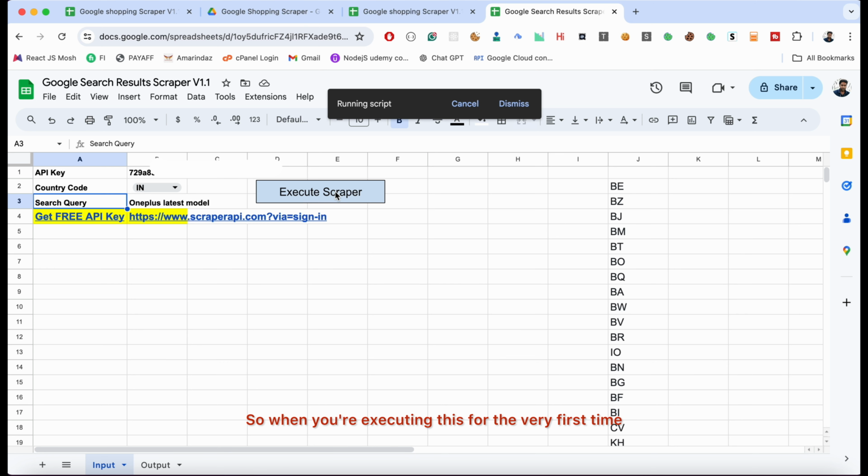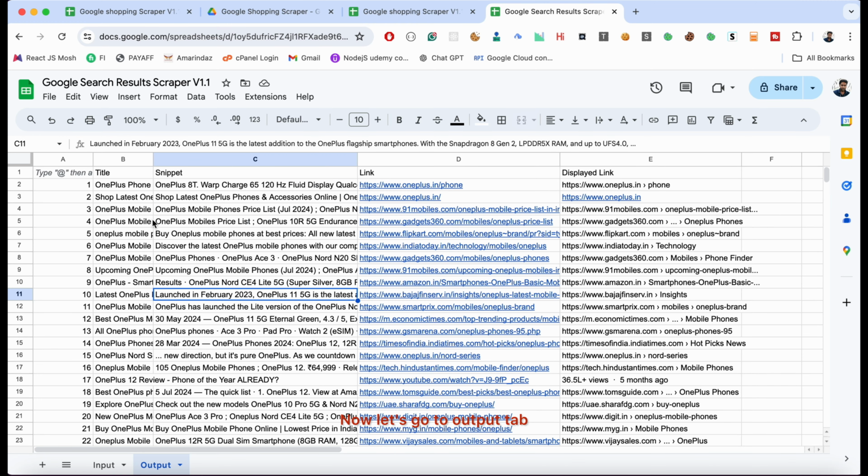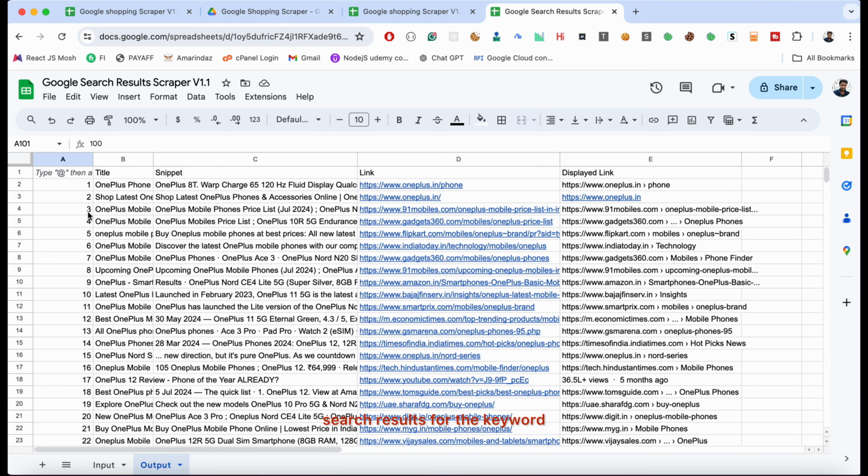So when you are executing this for the very first time, you need to do a one-time authentication by authorizing the script with your email ID. So now the script is executed. Now let's go to output tab, and now you can see we got up to 100 Google search results for